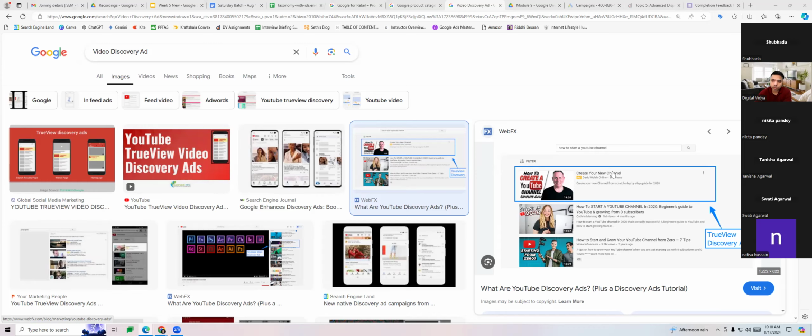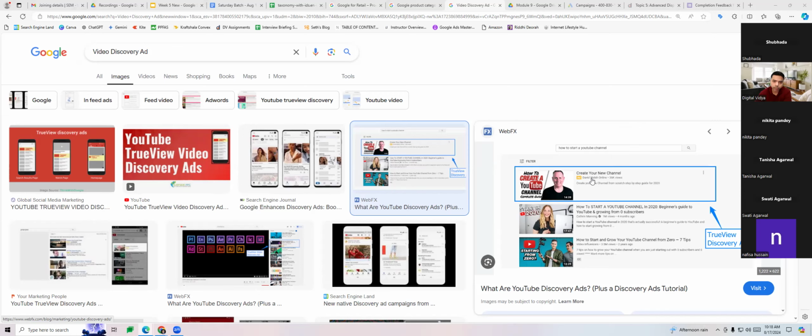Now if you click on the text part of it, you will go to their website. If you click on the video part of it, it will open the video ad and you can watch the video ad. So that's how the video discovery ad or in-feed ad will work. So this is coming on the search page. This is the search page of YouTube where you search for videos.